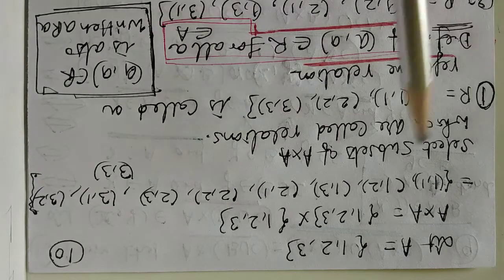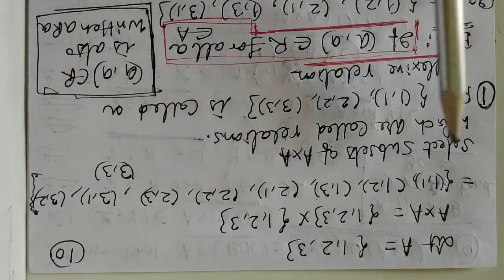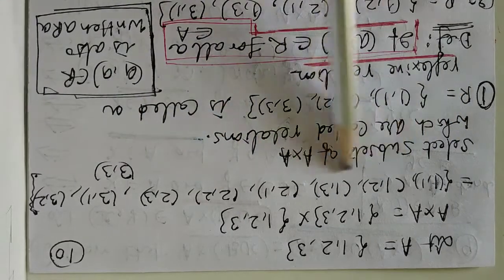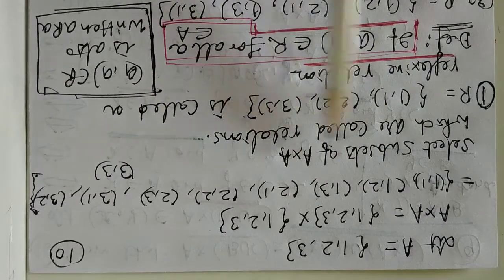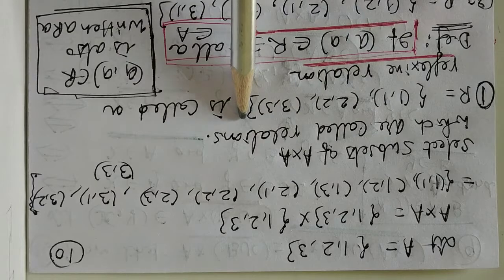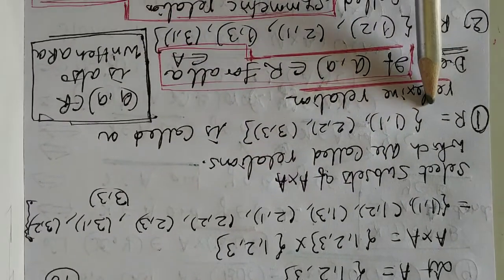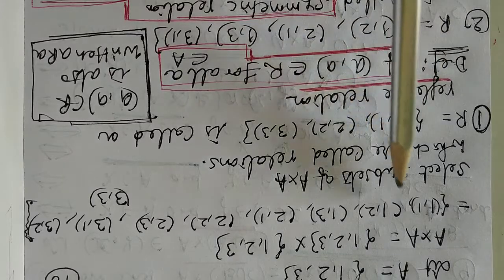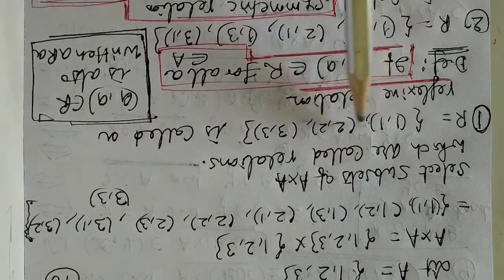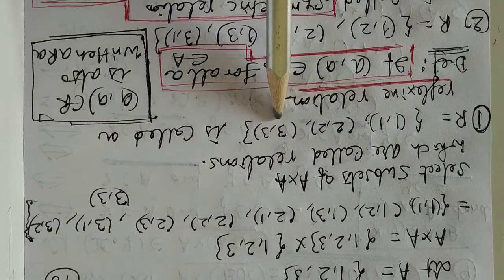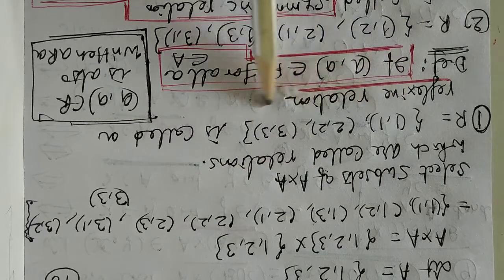Now, if A is equal to {1, 2, 3}, A cross A, how to find A cross A you know. This is the collection of all ordered pairs. Select subsets of A cross A, which are the relations. The relations are subsets of A cross A. Let R be selected by choice: (1,1), (2,2), (3,3). Only (3,3) is available, not (4,4). So if you are collecting this type of